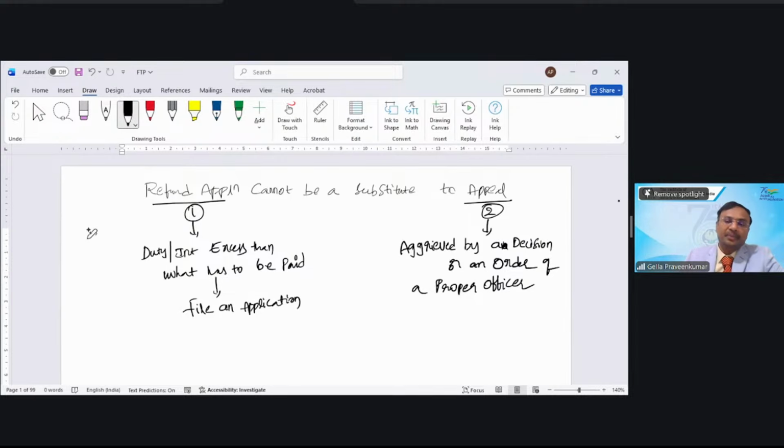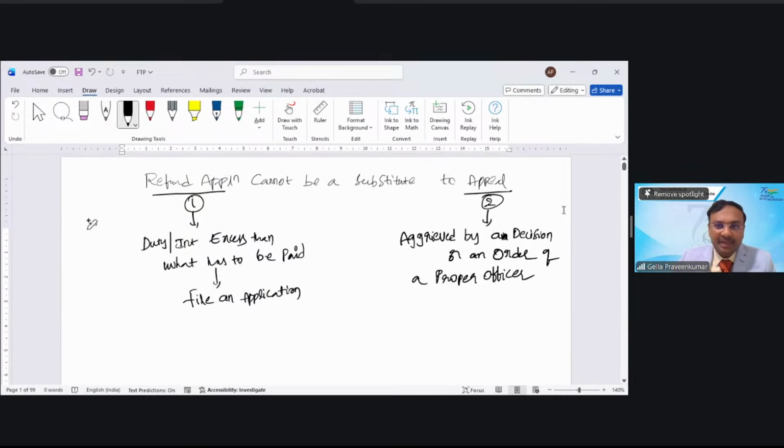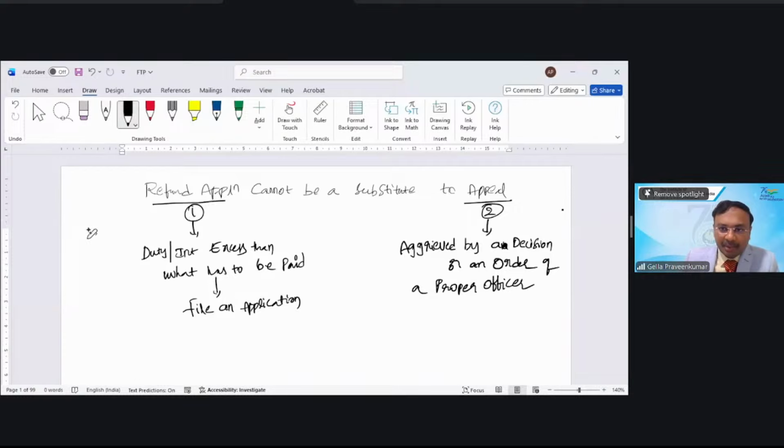Right? Now, look at element 1, look at element 2. Element 1 is suo motu in nature. Element 2 is an activity or event of a proper officer. Both are on a different footing. So here, whenever there is a decision made by a proper officer, on the basis of such particular decision, the